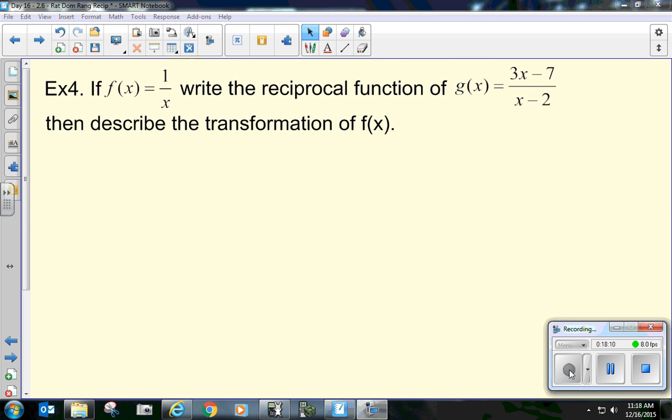Example 4 is the same thing. We want to write the reciprocal function of g of x, and then describe the transformation. So,